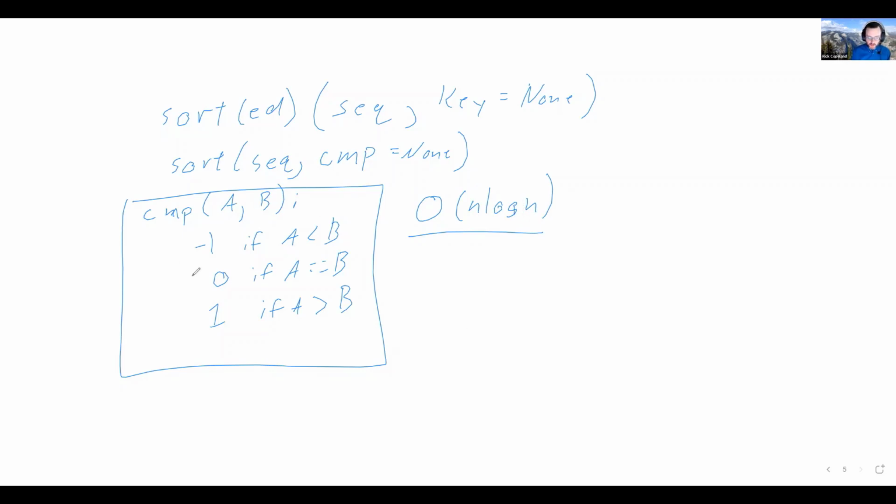And if your comparison function is written in Python, then it's a slow function. If you're comparing native types, like integers, this is fast. A Python function is slow, right? So we don't do this anymore